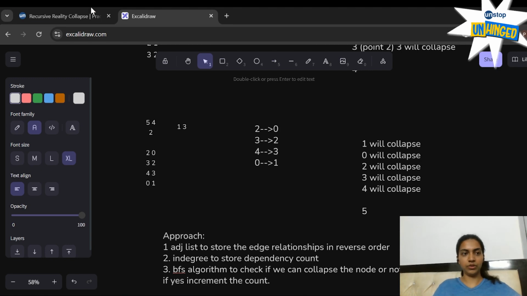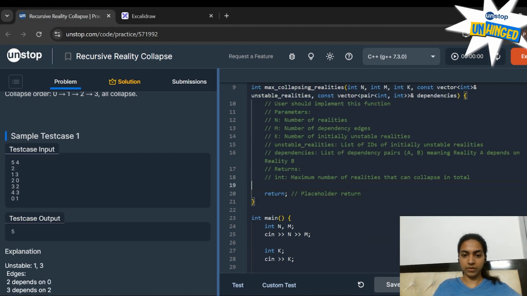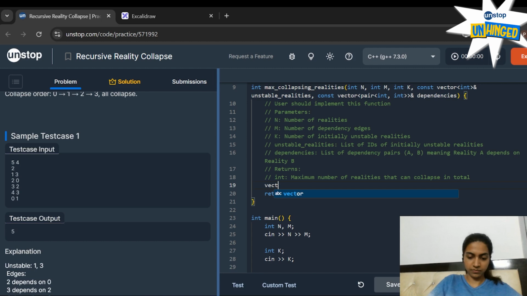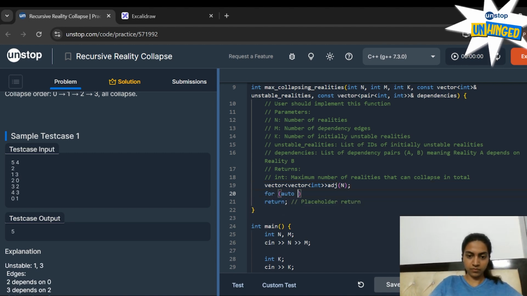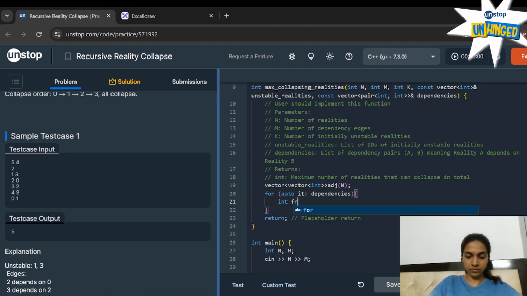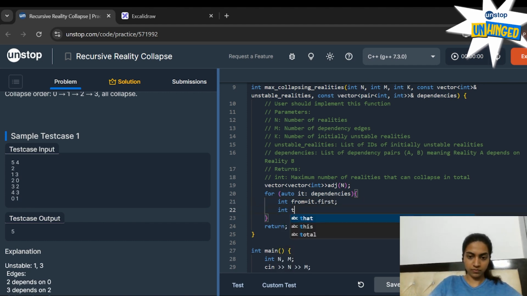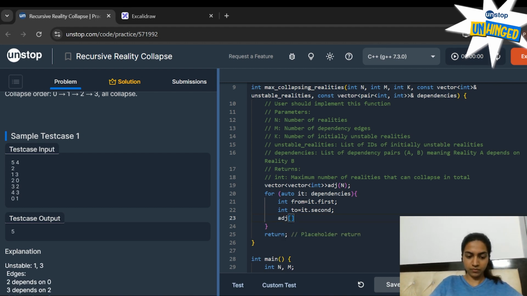Okay, so we are just going to code it now. First will be to make our adjacency list. Now we need to store the indices, right?